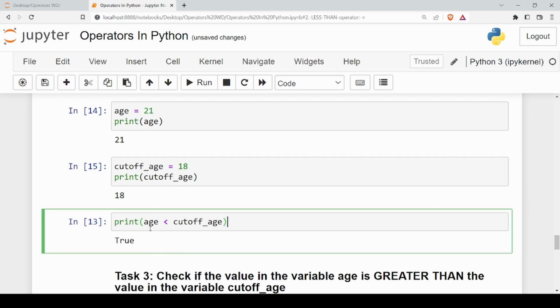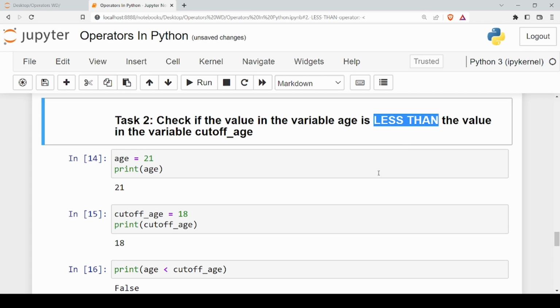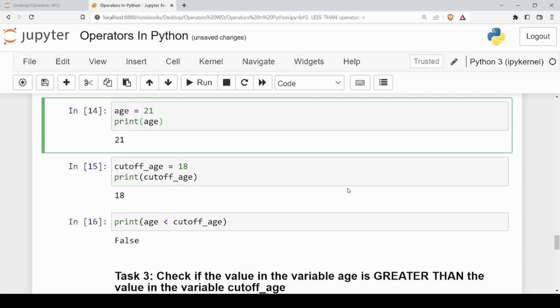Now this condition has not been met. We are expecting it to return a value false. Control Enter. The conclusion that we are making here is that this less than operator, when it's comparing two values, will return true if the value of the first operand is less than the value